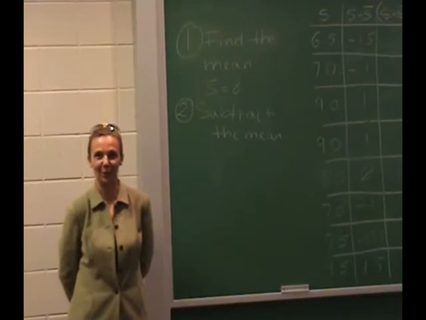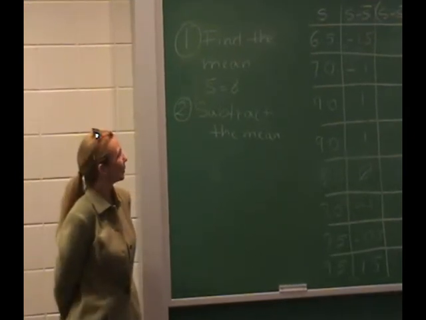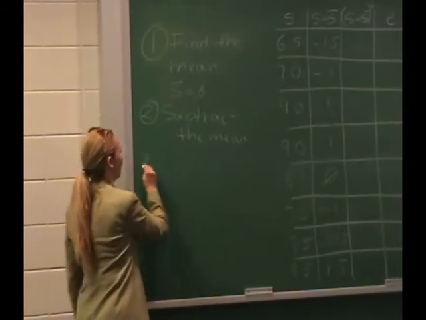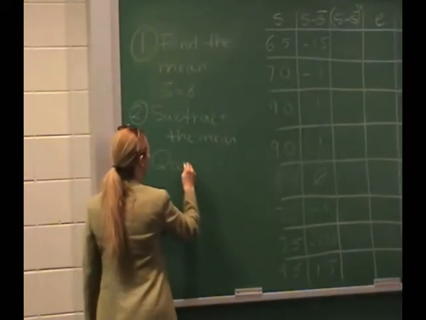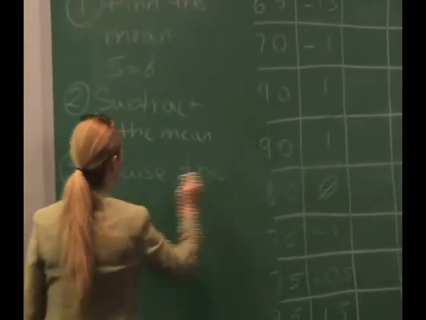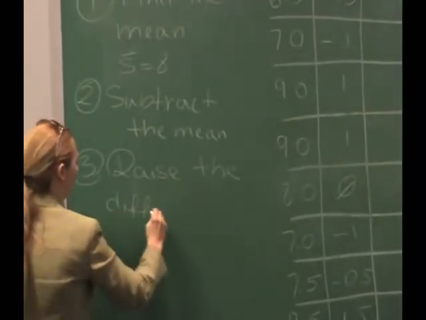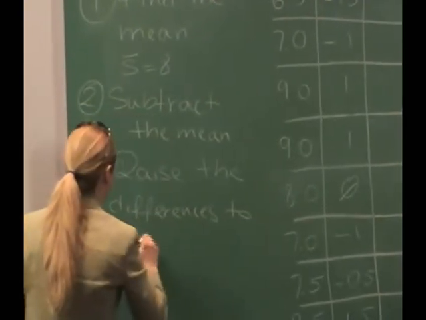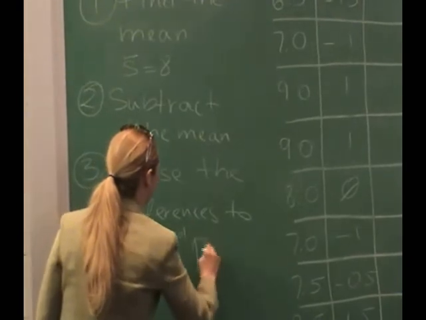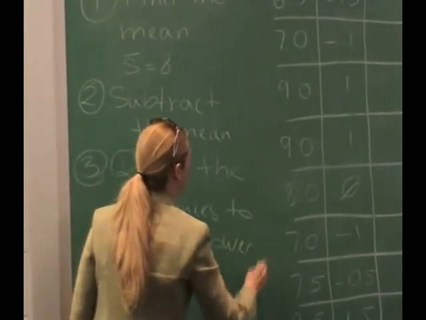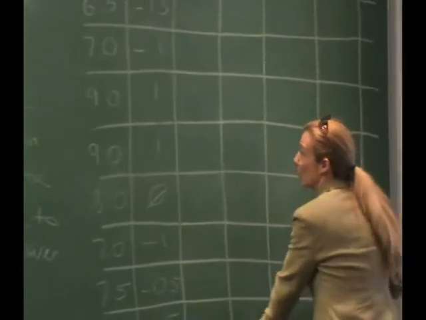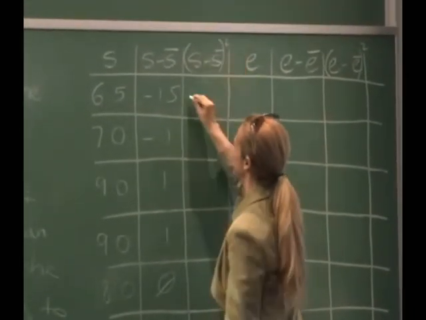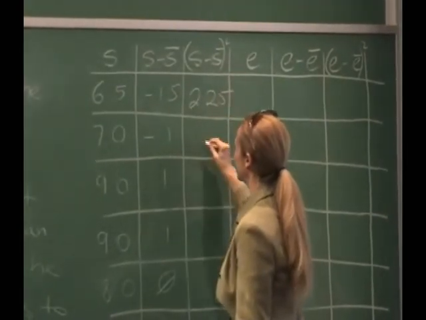Third step in finding the standard deviation of a collection of data is raising the differences that we have just calculated to the second power. So number 3, raise the differences to the second power. Let's do that. Negative 1.5 to the second power is 2.25,